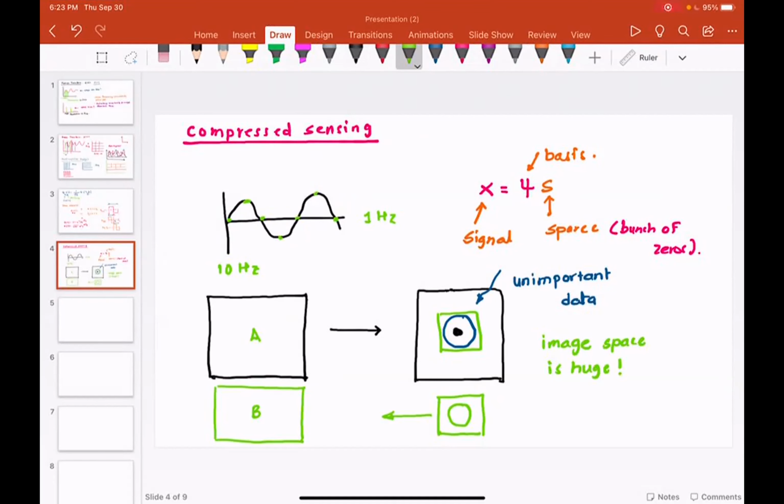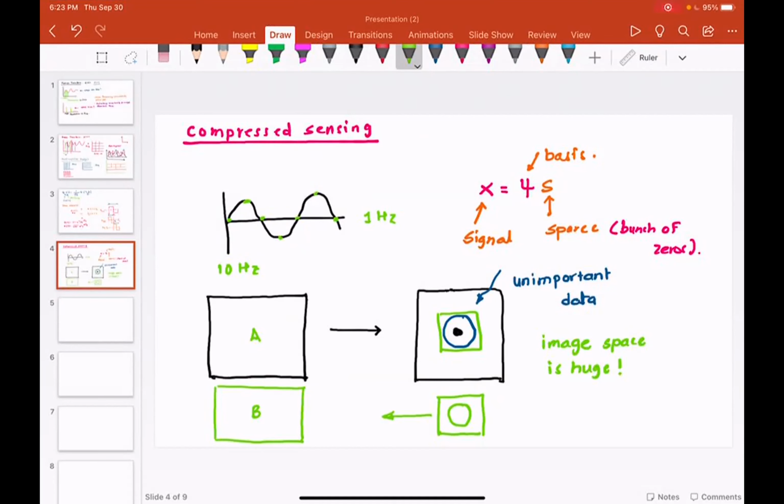That is what we studied in the last class. Now, this vastness of image space actually works in our favor. Somehow, if I could find a basis that would take this image and separate out the zeros from the useful information, then my data will be compressed significantly.